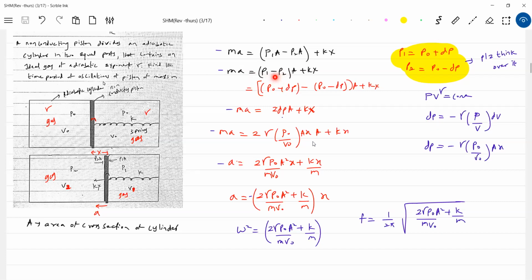Getting this? Change in pressure dP. If the gas is present on either side of the piston, then take help of this condition. In books, we have gas on only one side. I just brought it on either side so that you have to put effort into this count and these particular equations.